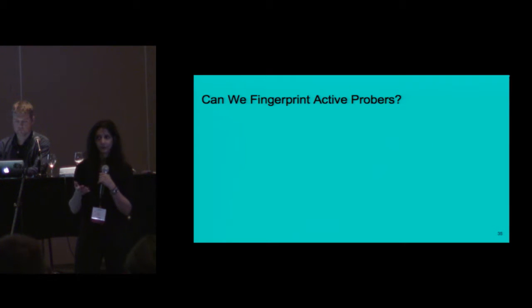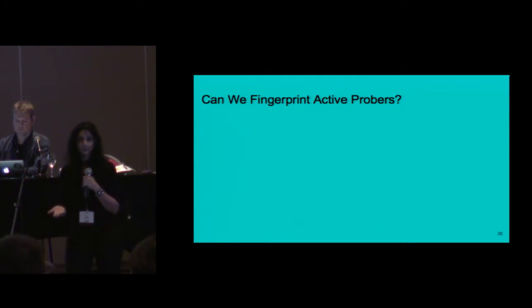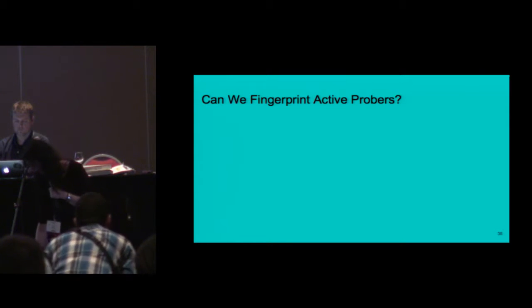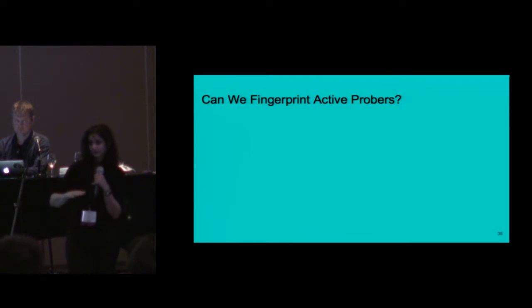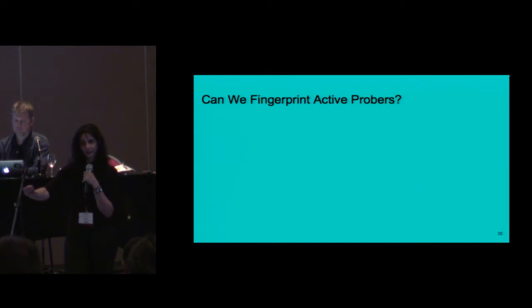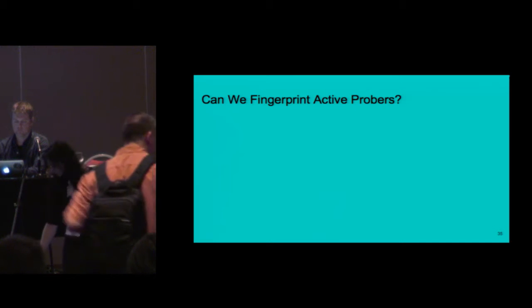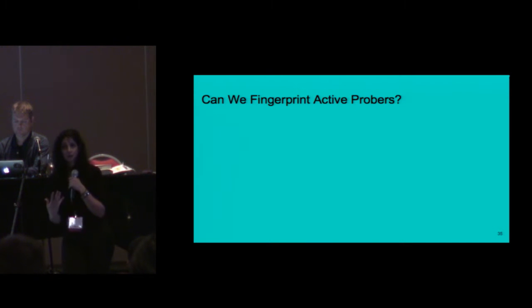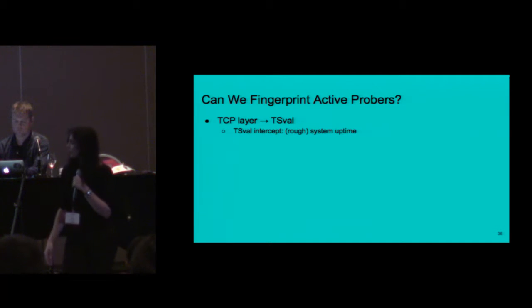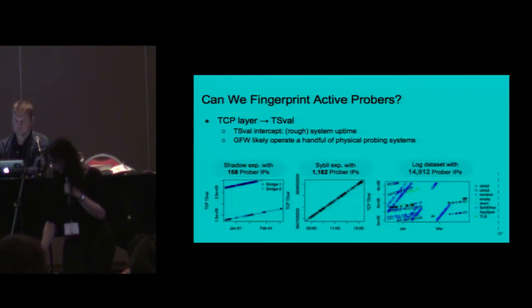We were interested to know whether we can fingerprint active probers. For that, we started looking at all the OSI model layers. We started by looking at the IP layer and what is common about it, and the TCP layer, and what is common about all these active probers that showed up. We saw a lot of shocking patterns, but specifically and interestingly, for the timestamp value in the TCP layer, we